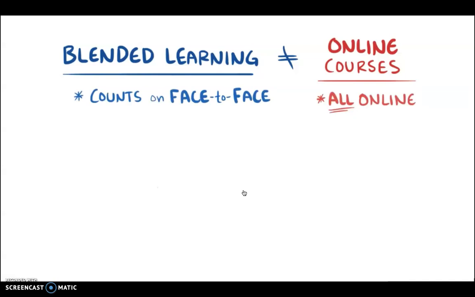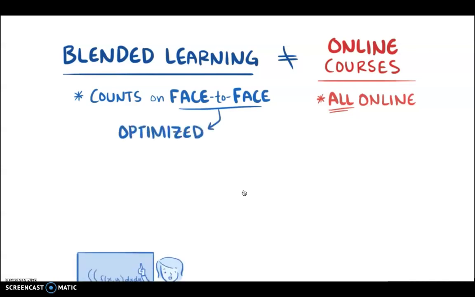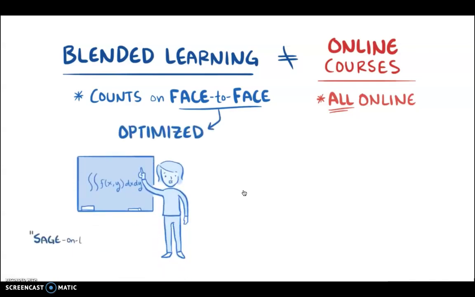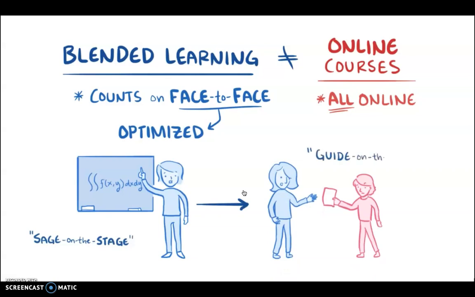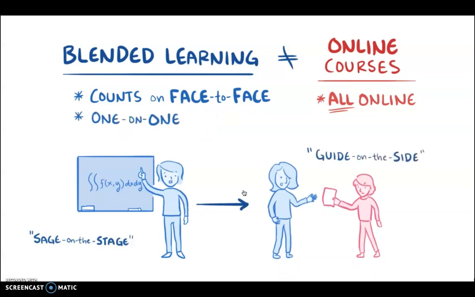Instead of getting rid of these interactions, blended learning structures are intended to optimize them, moving the teacher from a passive sage on the stage, who delivers didactic lectures to a large audience, to a more active role as a guide on the side, who interacts one-on-one with students to help guide them in ways that might be impractical or impossible with a traditional teaching model. By doing this, blended learning classes move from a teacher-focused learning model to a